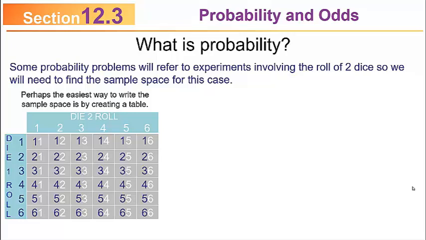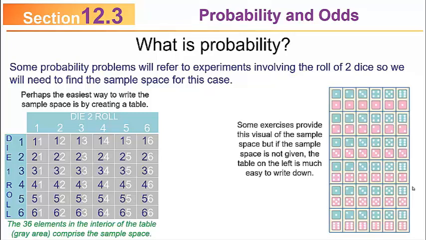And if you look at the intersection of those, you get every way you could roll two dice and get some combination of numbers 1 through 6. And as you can see, the interior of that table is 6 by 6, so there are actually 36 elements. So that means that the sample space has 36 elements, and if the dice are fair, those are equally likely